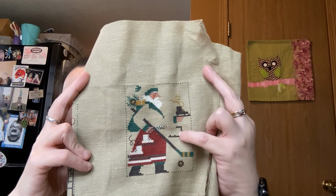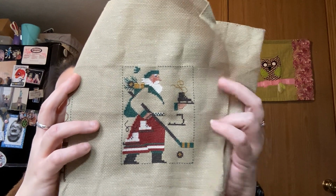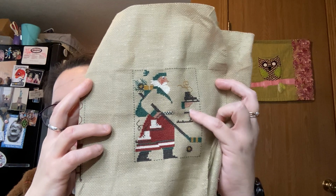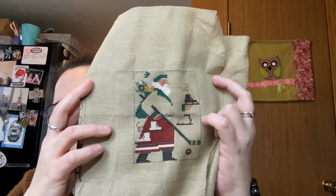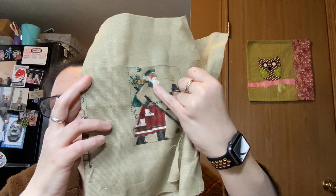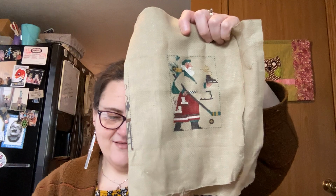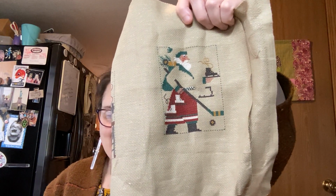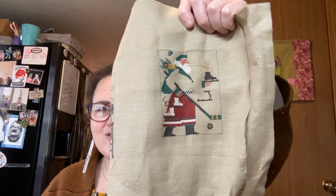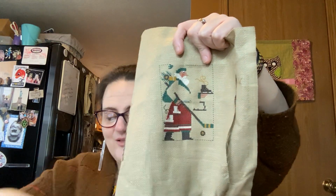I wanted to finish that skate before I put him down, but midnight hit, and I was like, well, I don't want to be a cheater. So I have the skate to finish, where I'll put gold laces on him, and then I just have to fill in the red of the suit, the red of the hat, and do some more black laces. That's it. He got 860 stitches, and that was with me not counting the back stitches and the loop-de-loops,